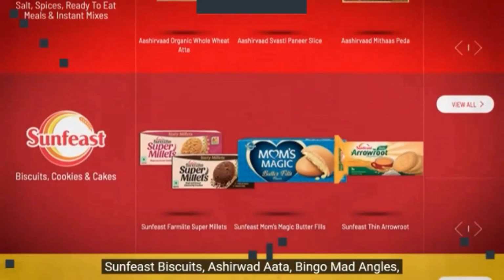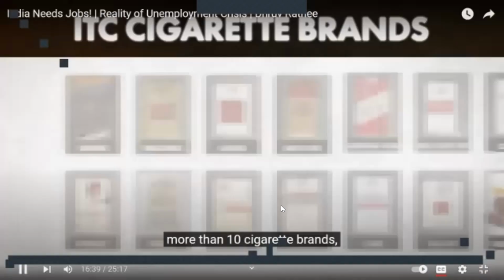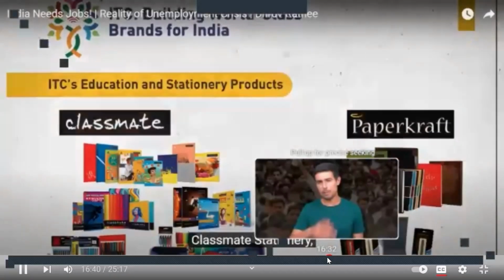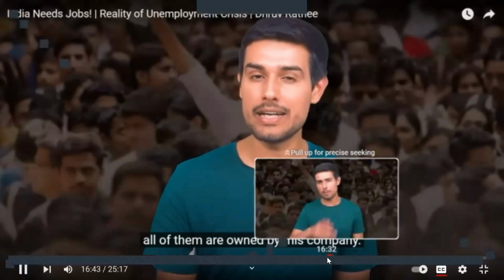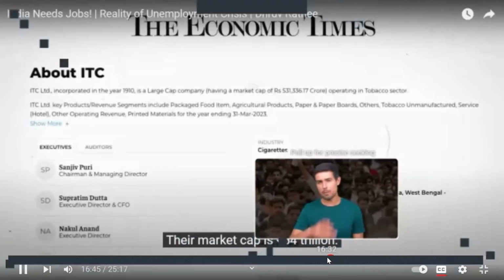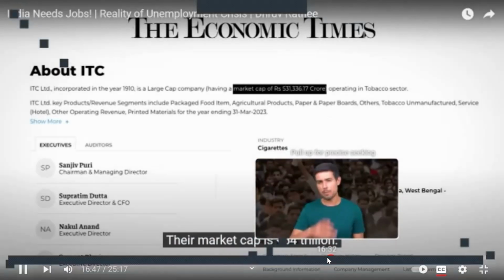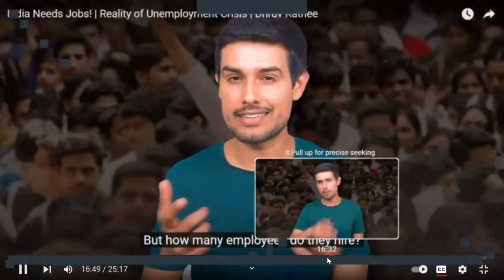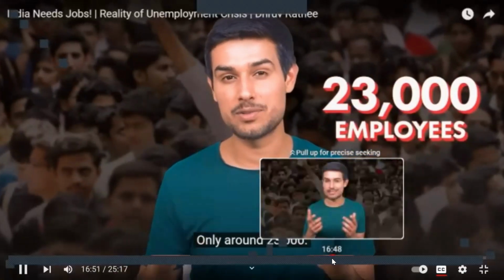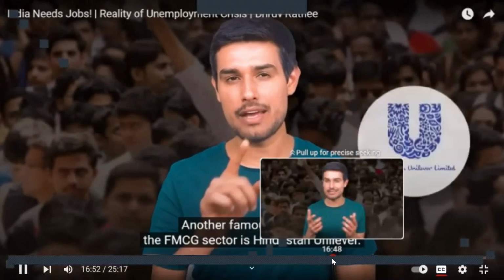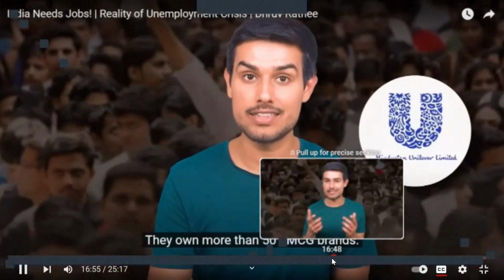सनफीस्ट बिस्किट्स, आशीर्वाद आटा, बिंगो मैड एंगल्स, आईटीसी मौर्य जैसे बड़े बड़े होटल्स, 10 से ज्यादा सिगरेट के ब्रांड्स, क्लासमेट स्टेशनरी, ये सब इस एक बड़ी कंपनी के अंदर आता है। इनकी मार्केट कैप 5.4 लाख करोड़ रुपीस की है, लेकिन कितने एम्प्लॉयज हायर करते हैं ये? सिर्फ 23,000 के अराउंड।